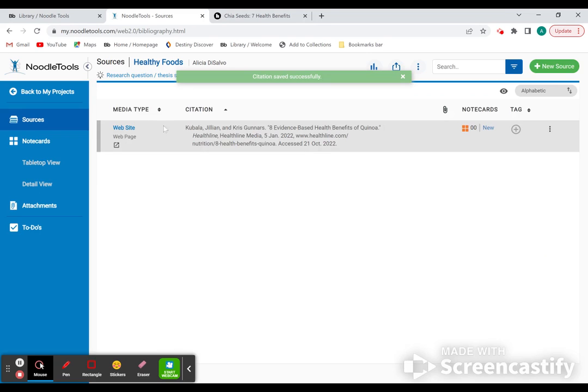And you can see I have my very first citation for my bibliography. It has my authors, both of them. It has my title of the article in quotation marks. It has the title of my website, the publisher, the date it was published, and the URL. And it's everything